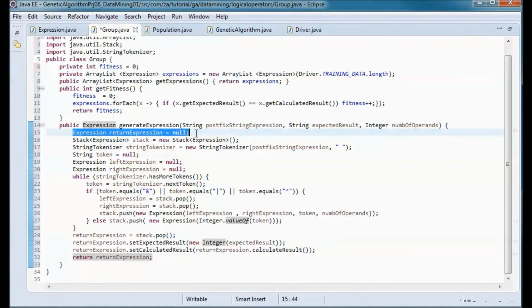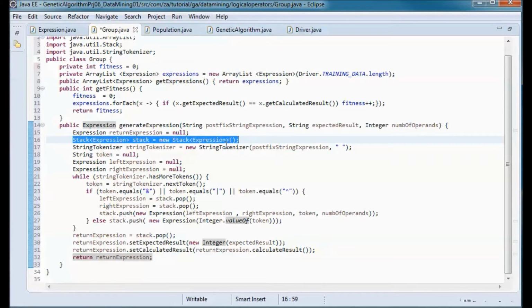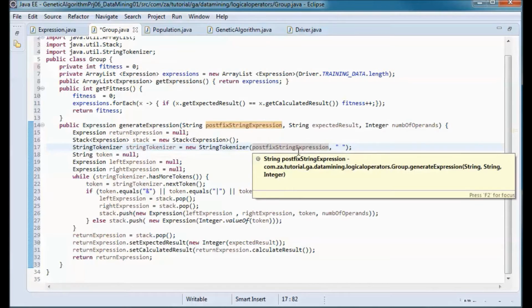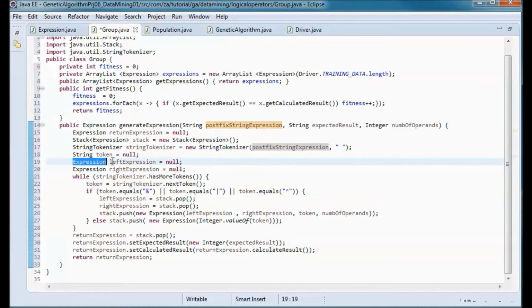So this will be the return expression that we end up returning. And we'll define a stack of expressions, and we will use space to pick up the different tokens in that string expression, and we'll define a left expression and a right expression.